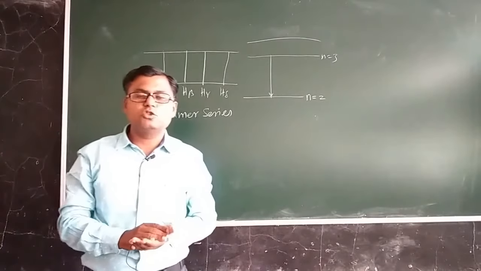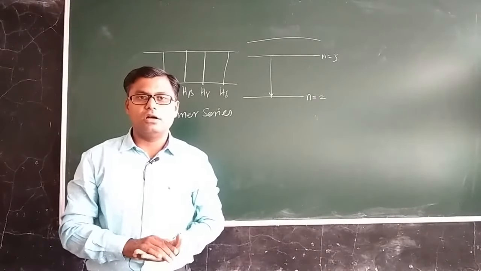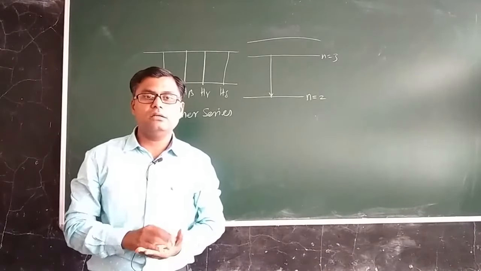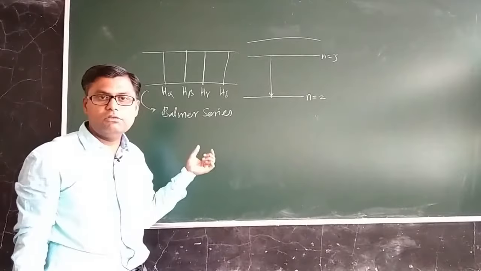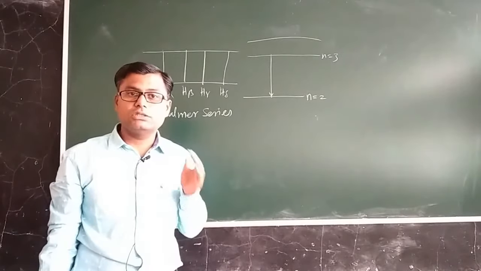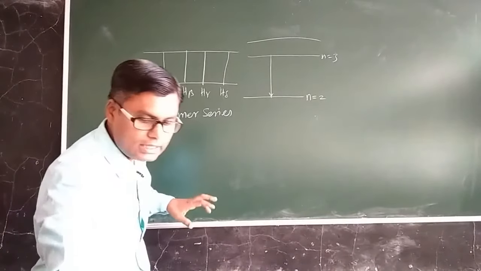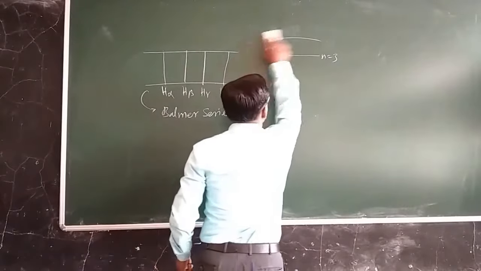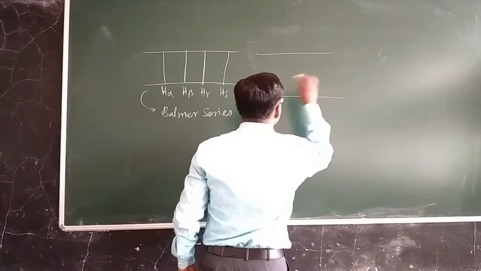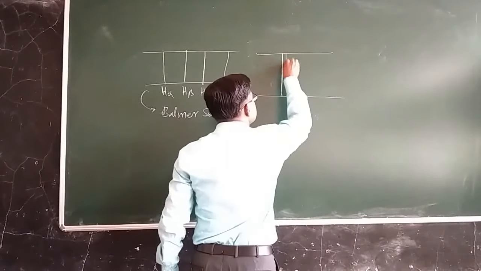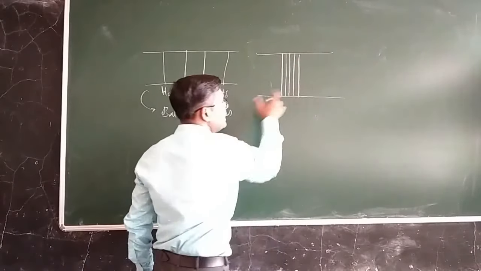So the Bohr atomic model seems to be very successful in explaining, but the success of the Bohr atomic theory did not last for long. There was the discovery of newer and newer high resolution instruments, and when this Balmer spectrum was observed with a high resolution spectroscope, it was realized that this H alpha line is not a single line, rather it contains 5 different lines which are closely separated from each other.